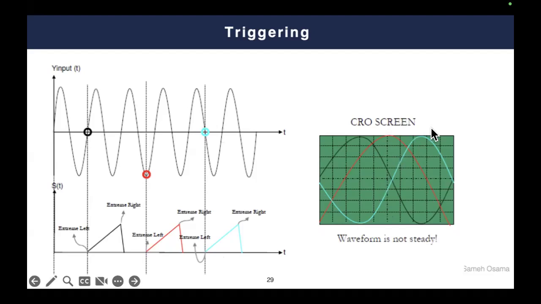So as you can see, it ends up with out of phase signals. We don't have this continuous sinusoidal signal. Each time you see the signal on the screen, you see it in a different phase and in a different manner, because each time the triangular hits the input, it hits the input at a different point. That's why we have this missynchronization. That's why we should have